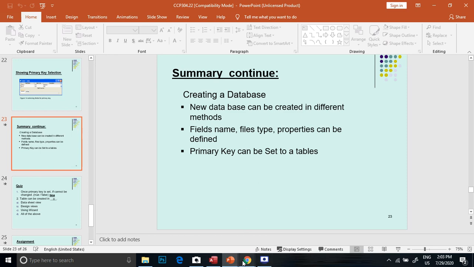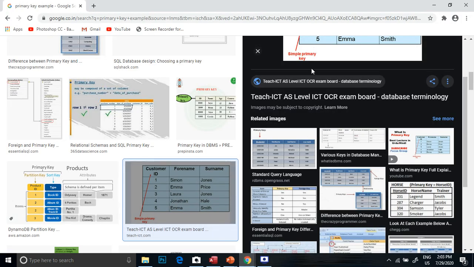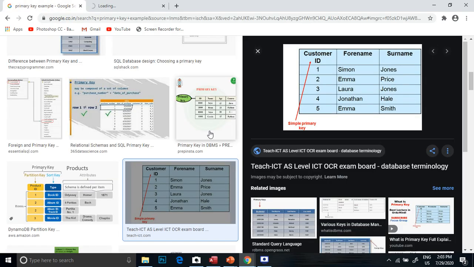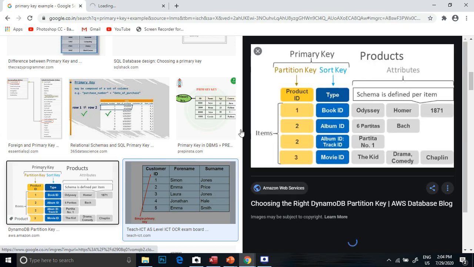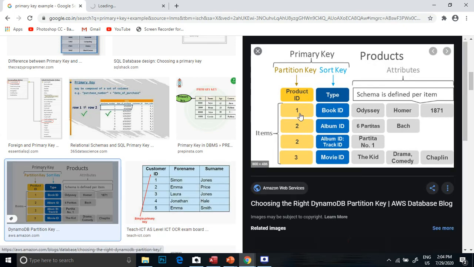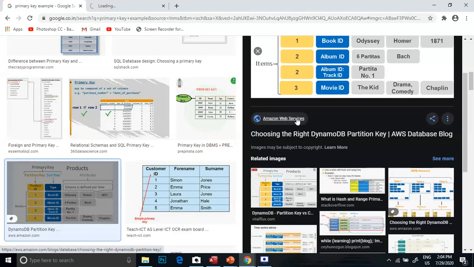In this way we can say these are called field names. Customer ID, forename, something like product ID, primary key. Here, product ID is the primary key.